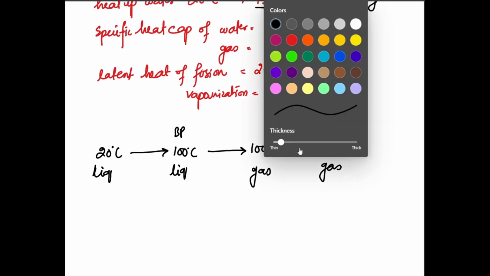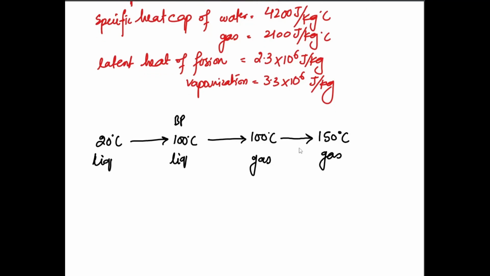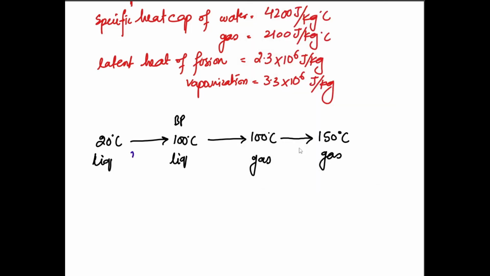Okay, now first we need to identify what formulas we will use to figure out the amount of energy spent to bring about this change in that system. I realized that the first stage is a change of temperature. There is no change of state. So I will use the formula of specific heat capacity, that is mcΔT, ΔT representing the change